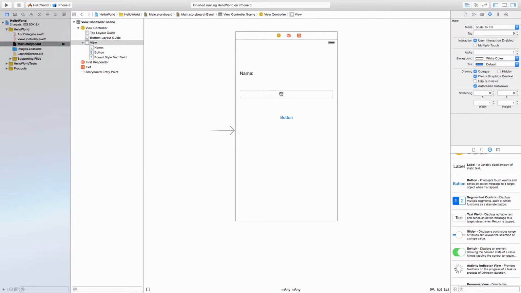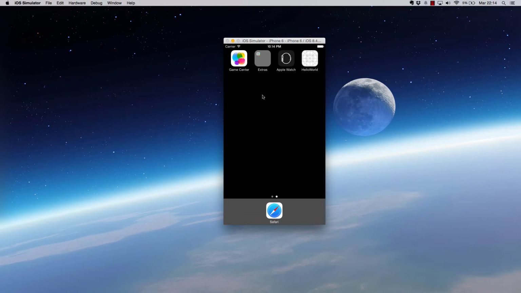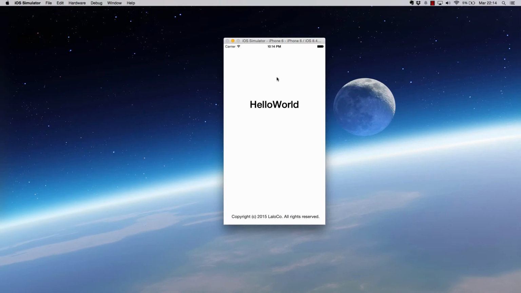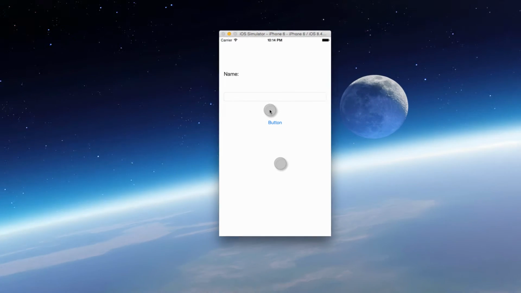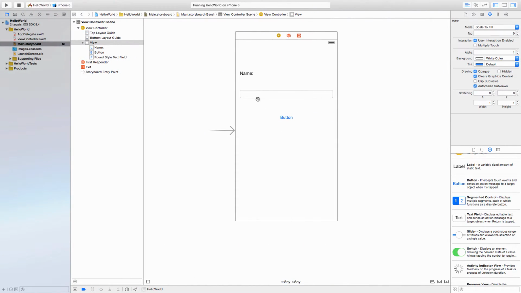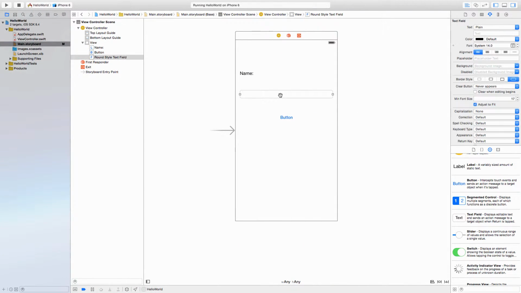So now that I have that, before doing anything else, I'm going to run this one more time on the iPhone 6 simulator, and back on the simulator it should open a little bit and we should see the UI changes as the application is launching, and as you can see the changes have actually been made there. Okay, so now that we have that, we need